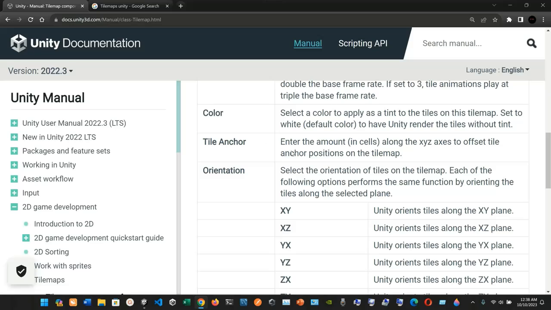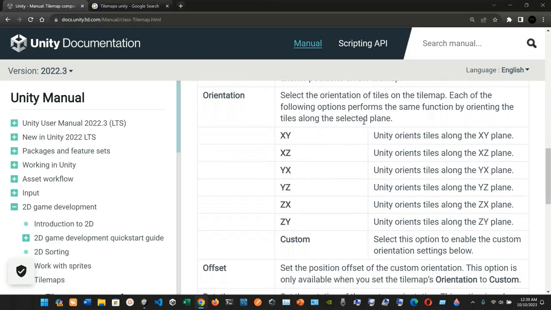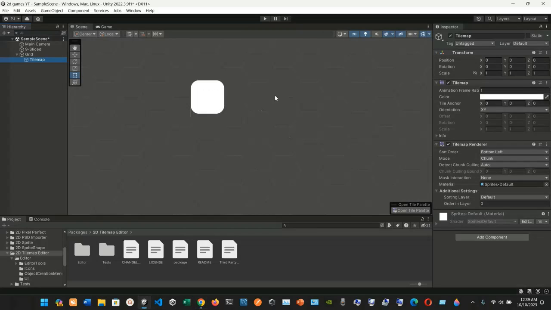Then we have the tile anchor. Enter the amount in cells along the x, y, z axes to offset the tile anchor's positioning on the tile map. Now we have orientation. Select the orientation of tiles on the tile map. Each of the following options performs the same function by orienting the tiles along the selected plane. And the planes that we have, as you can see here,